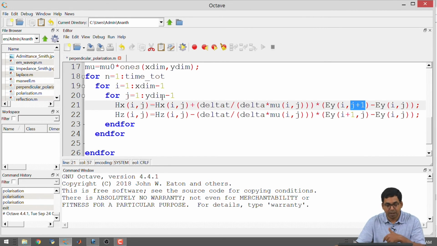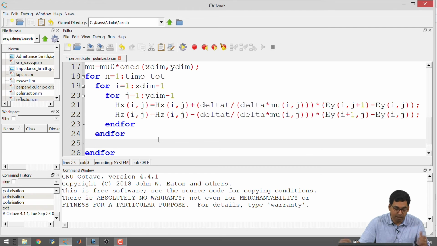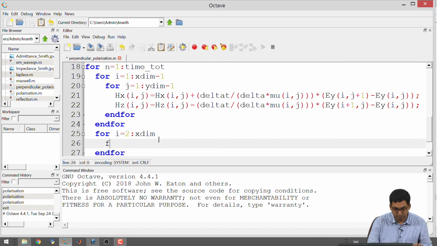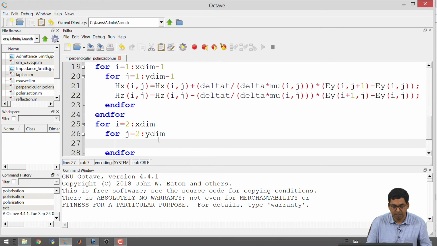But in the other part we will be having a j minus 1 or i minus 1. So, you do not want to go out of bounds. So, you need to write another loop, right. So, I will have for i equal to 2 to x dim, for j equal to 2 to y dim, right, and then I will write down an update equation for